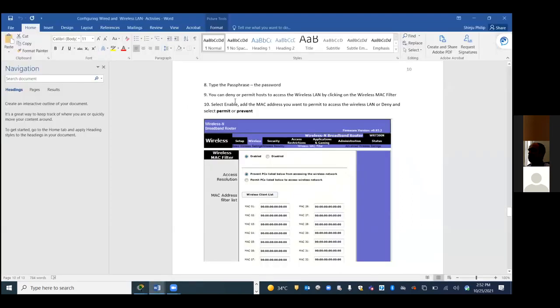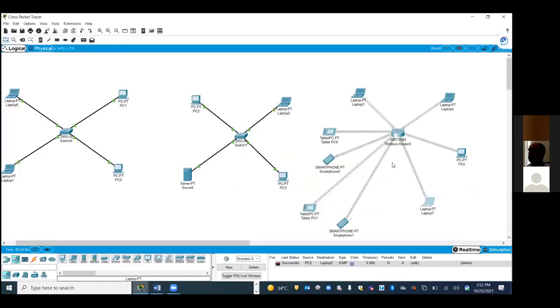You can deny or permit a host to access a wireless LAN by clicking the wireless MAC filter. To enable it, you can permit or deny or prevent access by MAC address. I'll show you that. Go to the wireless.